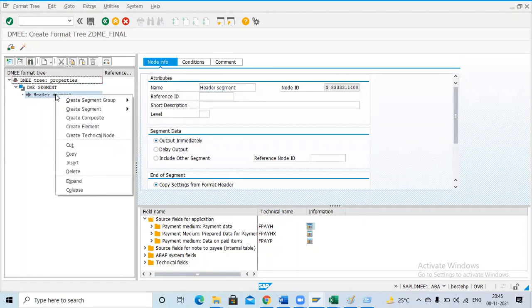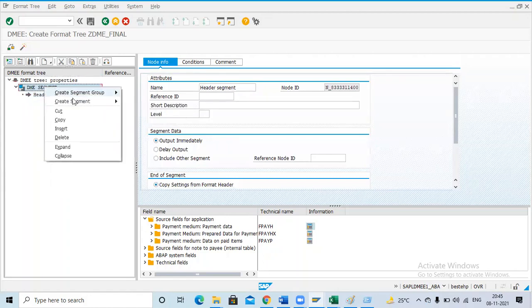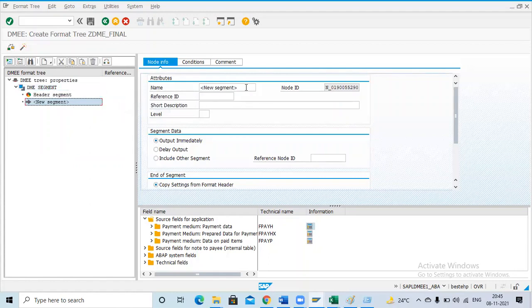Enter, and right click on the header segment, create segment subnode. So two are there. One is a header segment and a transactional segment. Okay. So for DME properties, under the DME property, I have created one segment. Under the segment, I have created two nodes.